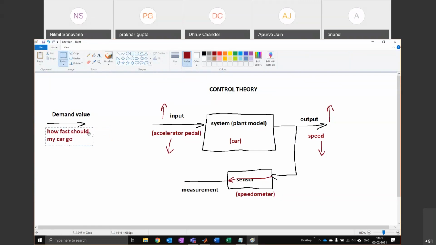Maybe someone is sitting next to me and they are saying, hey, drive at 60 kilometers per hour or drive at 80 kilometers per hour. That's the demand value. Now, if I want to figure out if my input should be higher or lower, how can I get that number? Any ideas? So I know what this is.